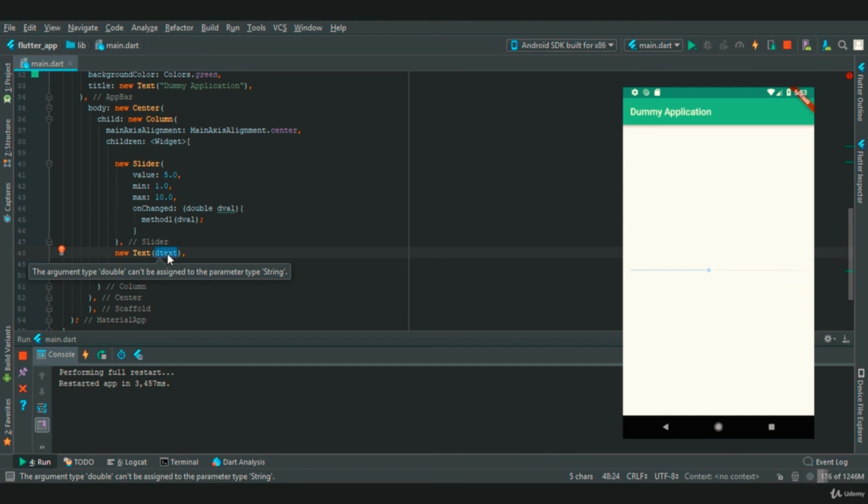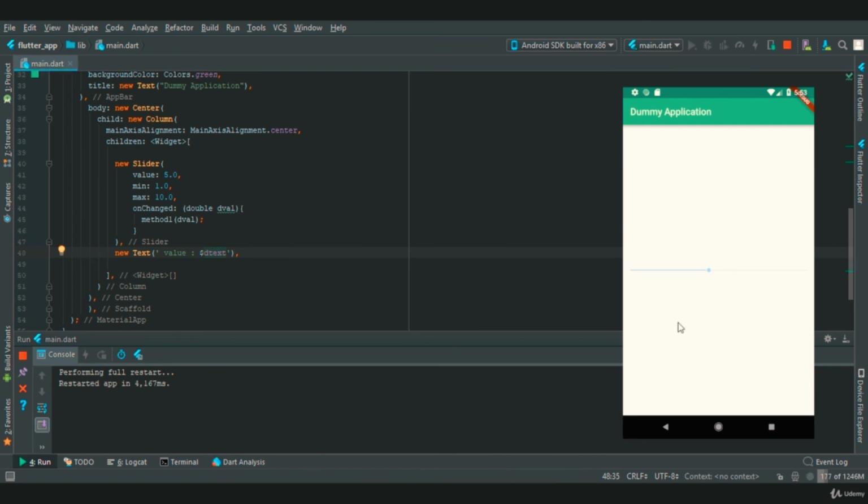So for that, let's create a string. In this we will say value, and we will provide the text with a $ sign. This is called string interpolation, and let's run the app right now.